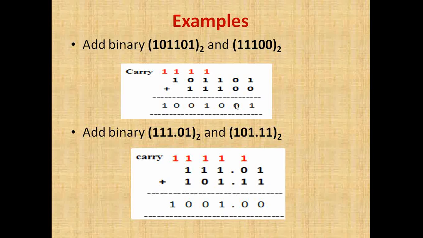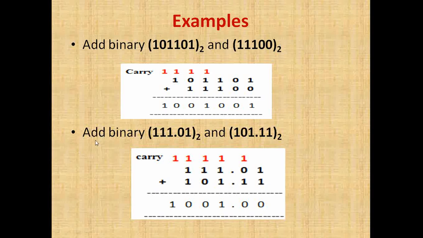1 plus 0 is 1, 0 plus 0 is 0, 1 plus 1 is 0 and a carry of 1, right? Now what we have here, 1 plus 1 plus 1. The fifth rule of binary addition says 1 plus 1 plus 1 is 1 with a carry of 1, right? Now again 1 plus 0 is 1, and that 1 plus 1 is 0, and we have a carry of 1 here. So again 1 plus 1 is 0 with a carry of 1, and finally we'll note down that 1 here. So this will be the addition of these two binary numbers.